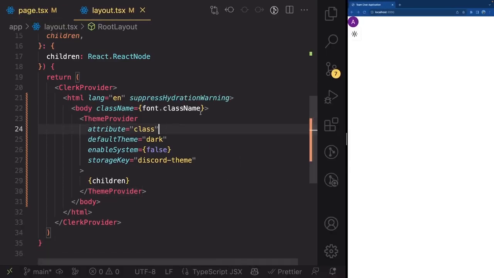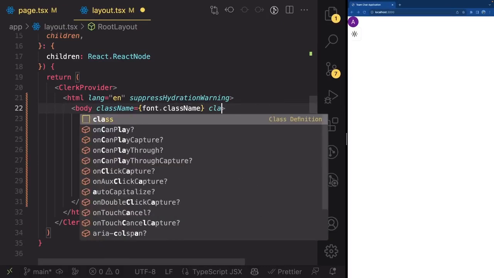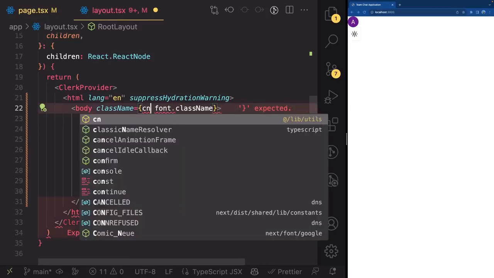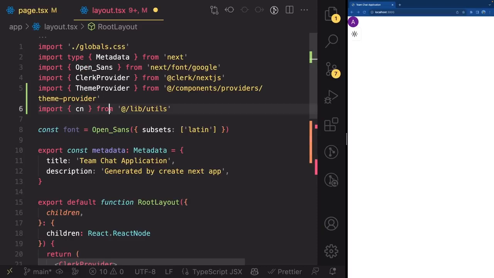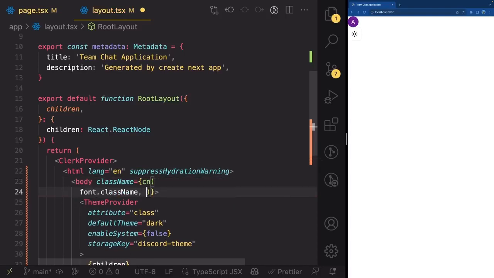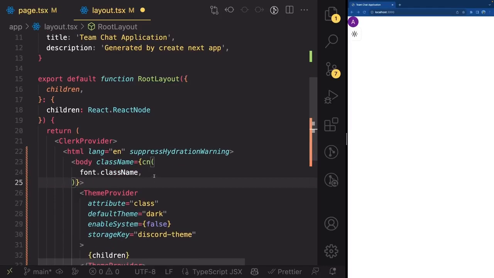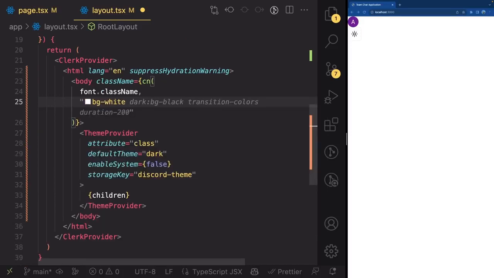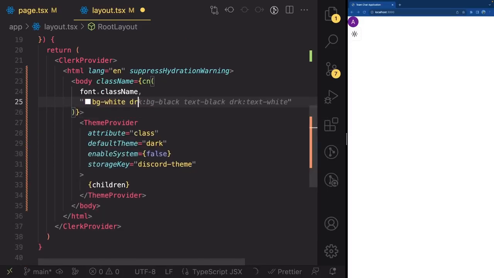One more thing I want to add here is I just want to add a class name to the body. Whoops, we already have the class name. So what I actually want to do is I want to import my cn from add/lib/utils. Make sure you import cn right here. And go ahead and leave the font class name in the first one, and in the second one we're going to add some different class names depending on whether we are looking at this website in light mode or in dark mode. So I'm going to go ahead and write bg white, so this is for a light mode, but on dark it's going to be